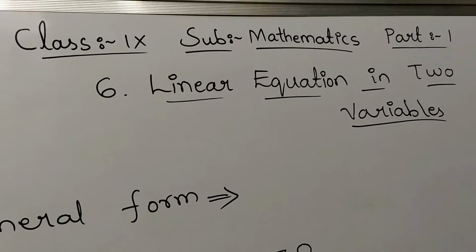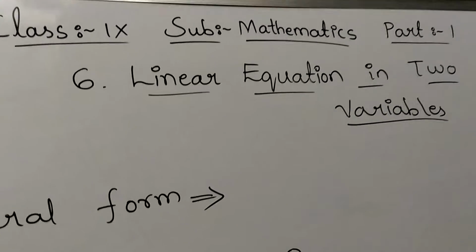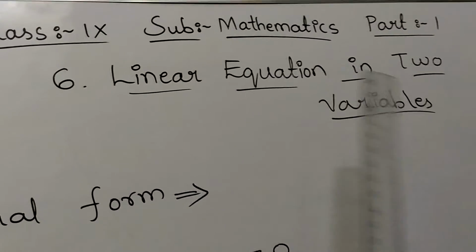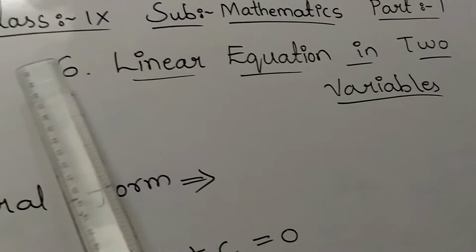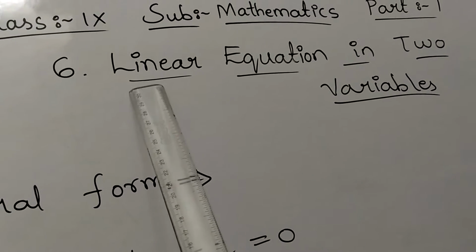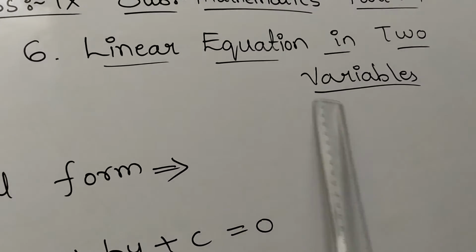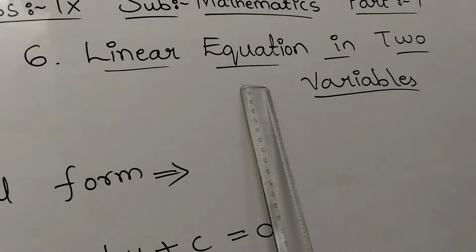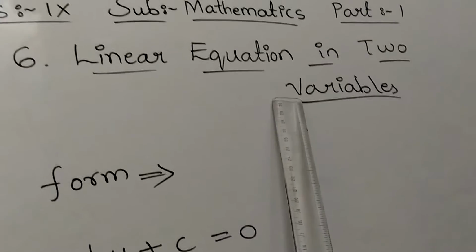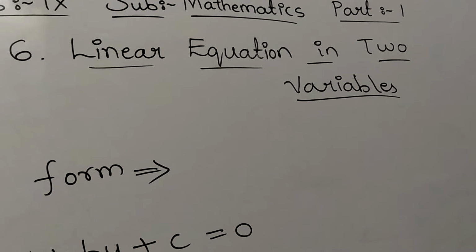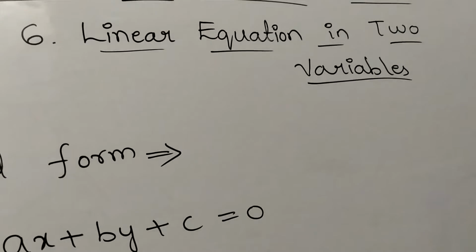In the previous video students, we have finished the probability chapter. Today we are going to start a new chapter, that is chapter number 6, linear equation in two variables of class 9. So see, observe here the heading student, linear equation in two variables. Here we have to write linear equation by using two variables. So the total chapter is based on this only, and in this chapter you have some graphs also. So first let us discuss the introduction about this chapter.